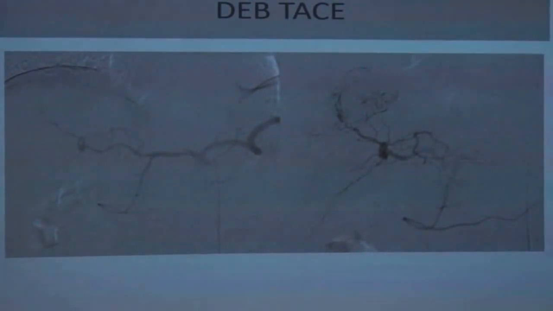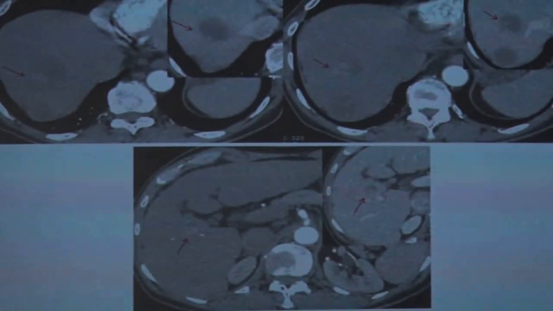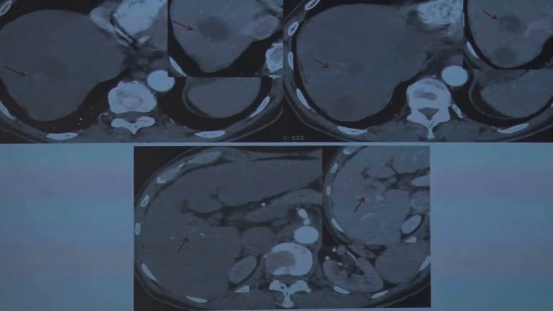We did drug-eluting beads TACE, and this DSA shows a super selective TACE in the multinodular areas. After that, a post-procedure triple phase CECT was done as a routine investigation, and it shows multiple residual arterial enhancing lesions, I think in every lobe, with typical venous washout. So we had to think about whether to repeat the TACE or what to do in such a patient.